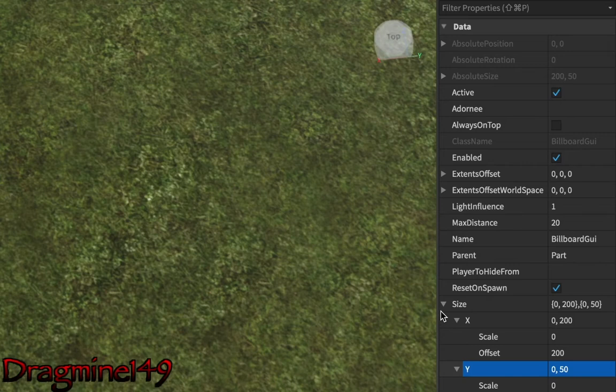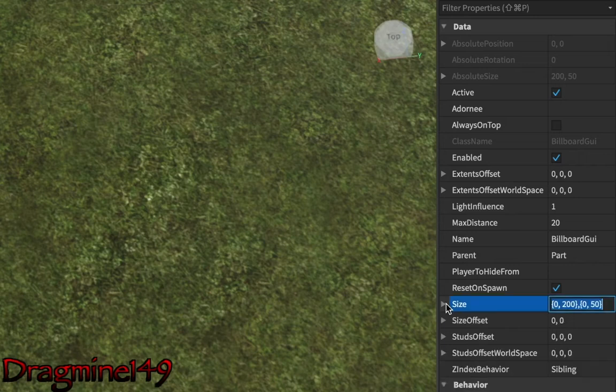Offset is offset that depends. Normally people would do scale, but for this Billboard GUI we're not. Then you've got size offset, which is vector 2, defined in studs, offset from the grid.